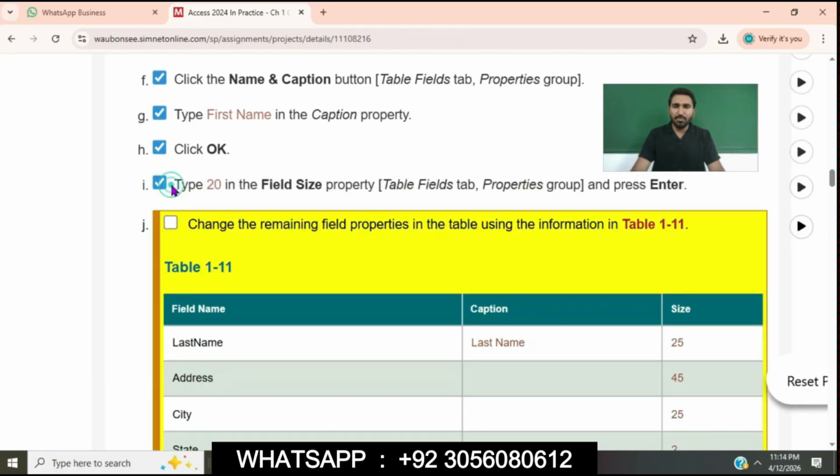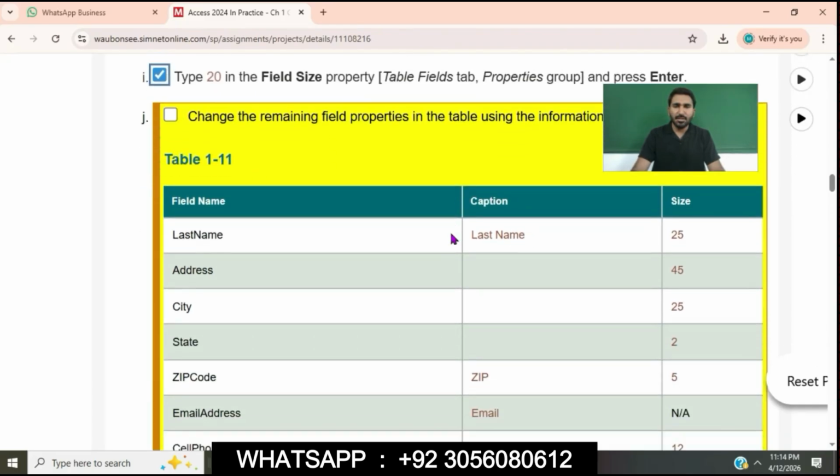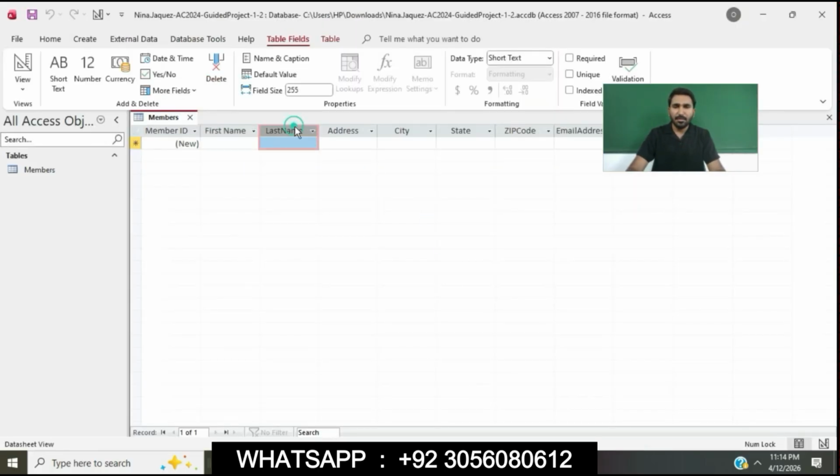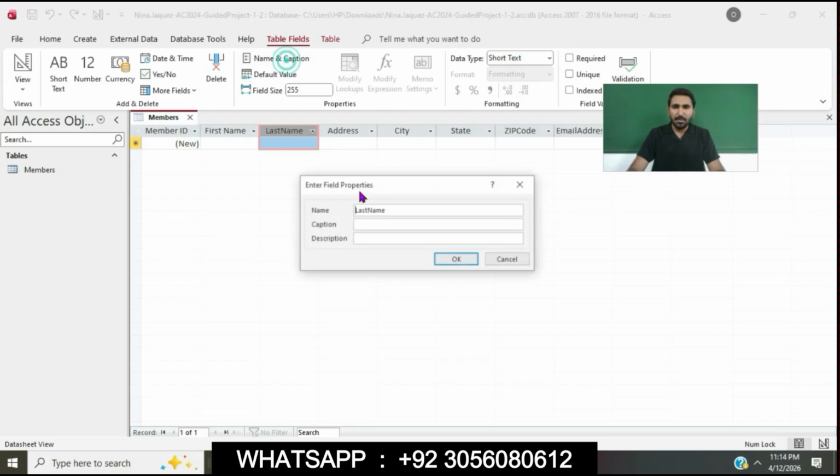Click on checkbox. Point J is that change the remaining field properties in the table using the information in Table 1-11: first name, caption, size. Caption is last name. We will click on the last name field and go to the Table Fields tab in the Properties group. Click on Name and Caption. Caption is last name.